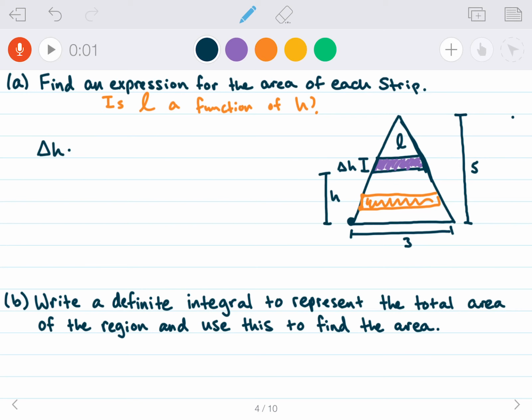I hope that's clear. But anyway, so this is our width of the rectangle. This is our length. And why am I putting it as a function of h? Because that's what I'm going to integrate with respect to. That's why I'm doing that. All right. So let's set up our